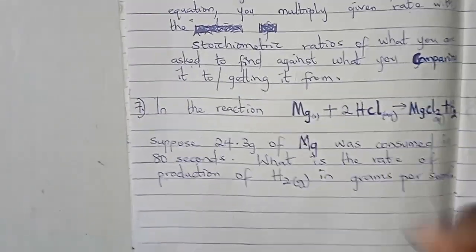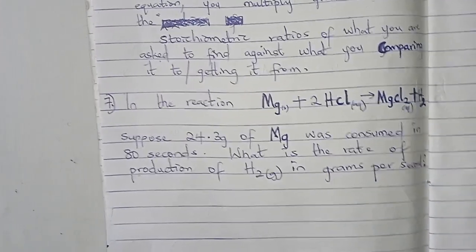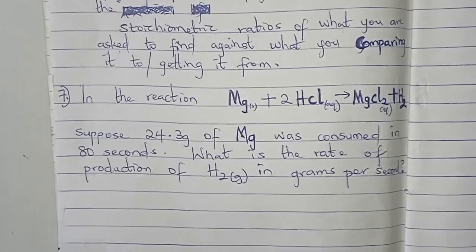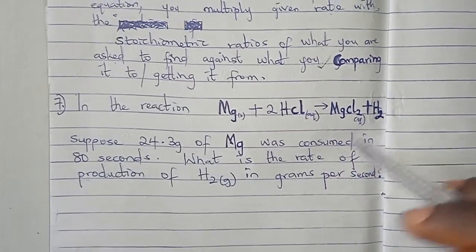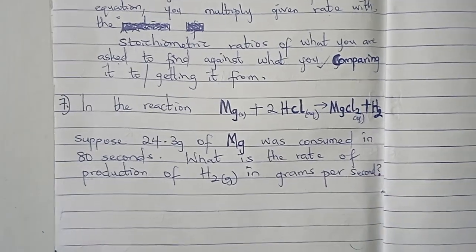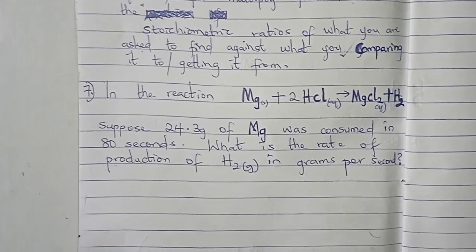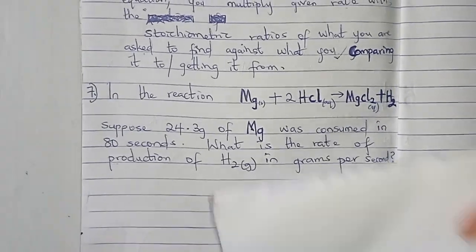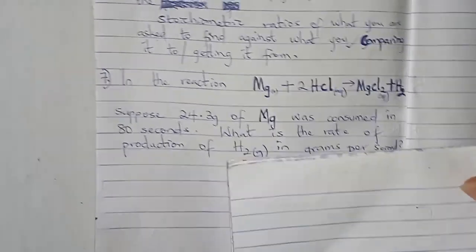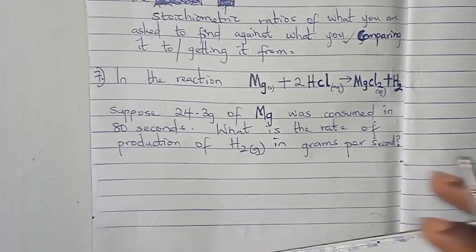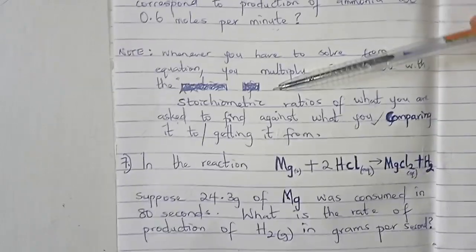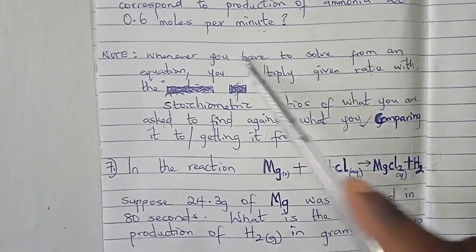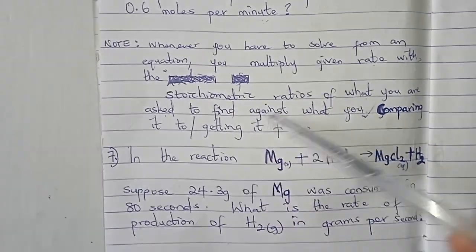The second question here says, in the reaction magnesium and hydrogen chloride produce magnesium chloride and hydrogen. This is a single displacement reaction. So suppose 24.3 gram of magnesium, but what we need is not gram, is mole. So they did not give us rates here. When the rate of production is not given, like in this case where they gave us to produce ammonia 0.6 moles per minute, we can actually find it by doing